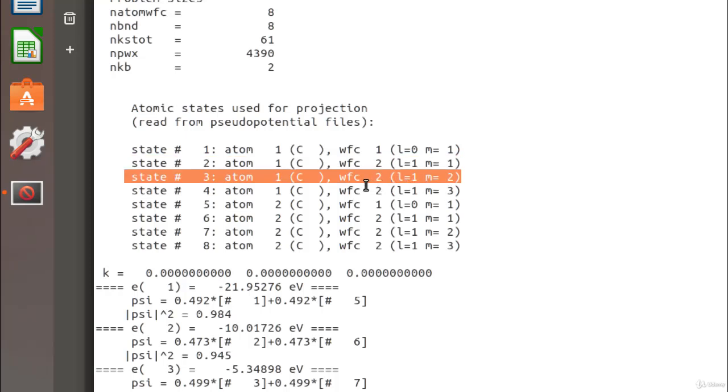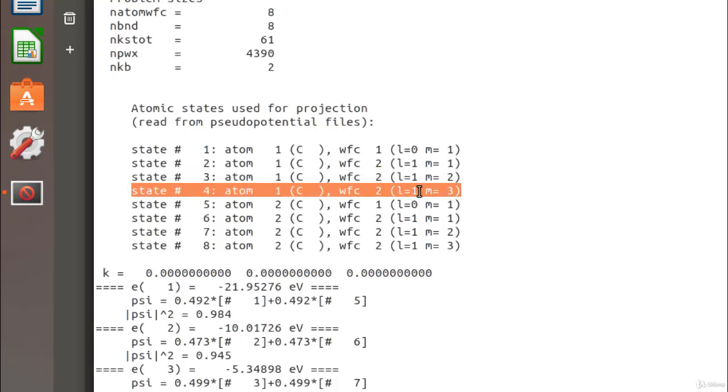M equals 2 is related to px orbitals, and state number 3 is for the 2px orbital for the first atom. L equals 1 and M equals 3 is related to the py orbital,